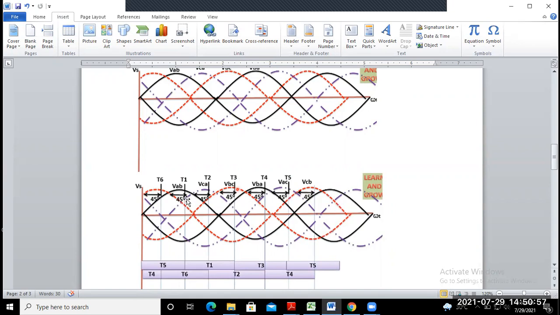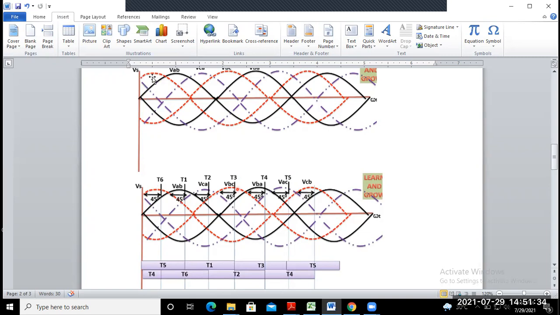And then the next positive half cycle changes. So T5 conducts up to this point, and at this point the T6 conduction starts if you provide the gate pulse. So the gate pulse is provided at the angle delay of 45 degrees. So just try to find the output voltage. So this one is your positive half cycle thyristor. That means T5. T5 conducts because the VCB voltage appears. Okay. This one is your VCB.